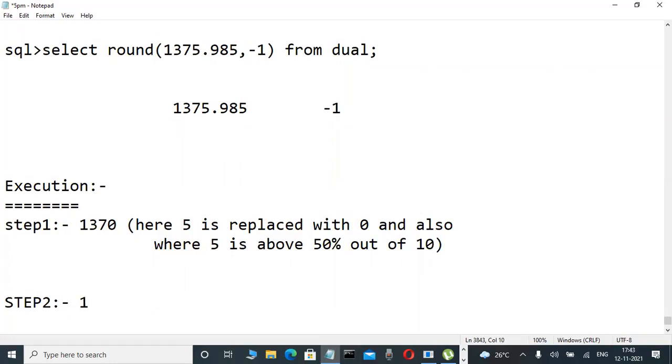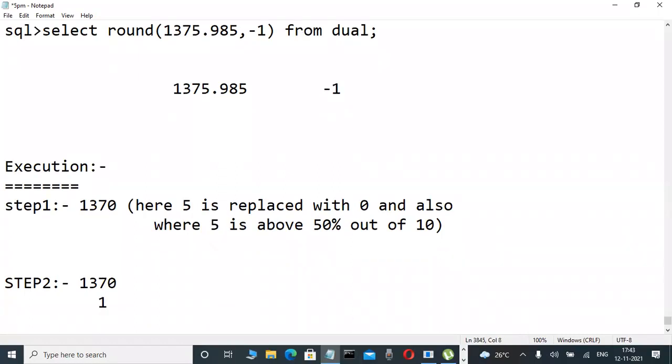Where is it added? In 137, it is added to the 7 only, not to a 0. 0 is not there in mathematics, but unfortunately on the database side 0 is there. That's why 1 is added here only. That's why the output is